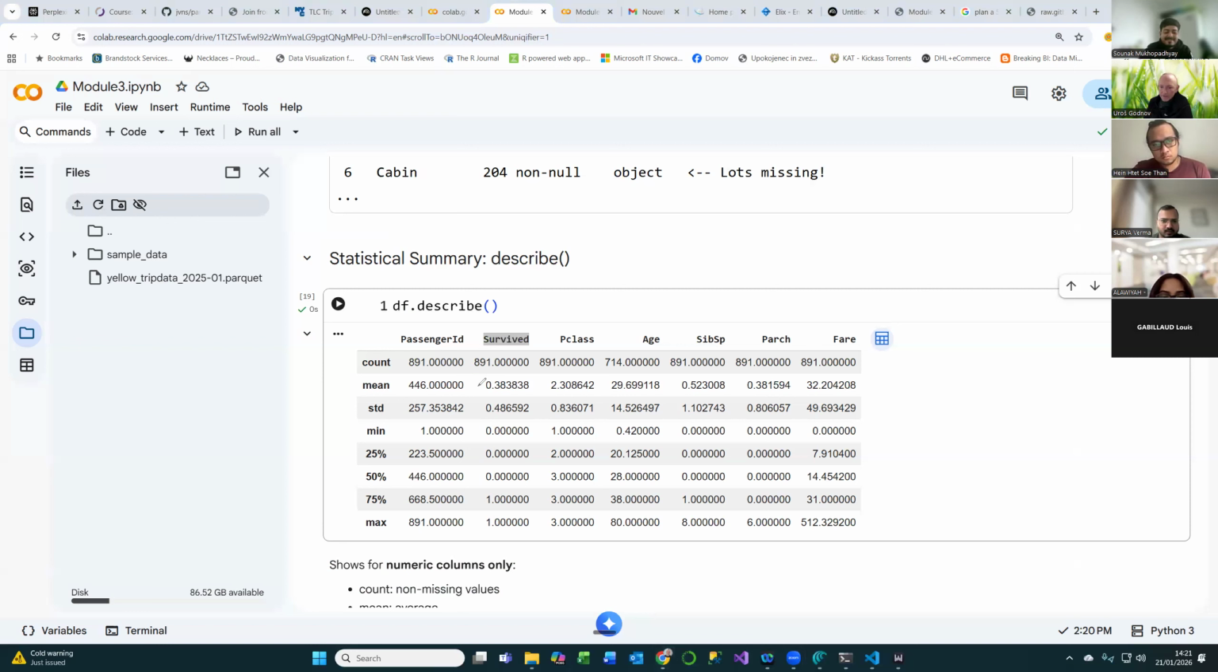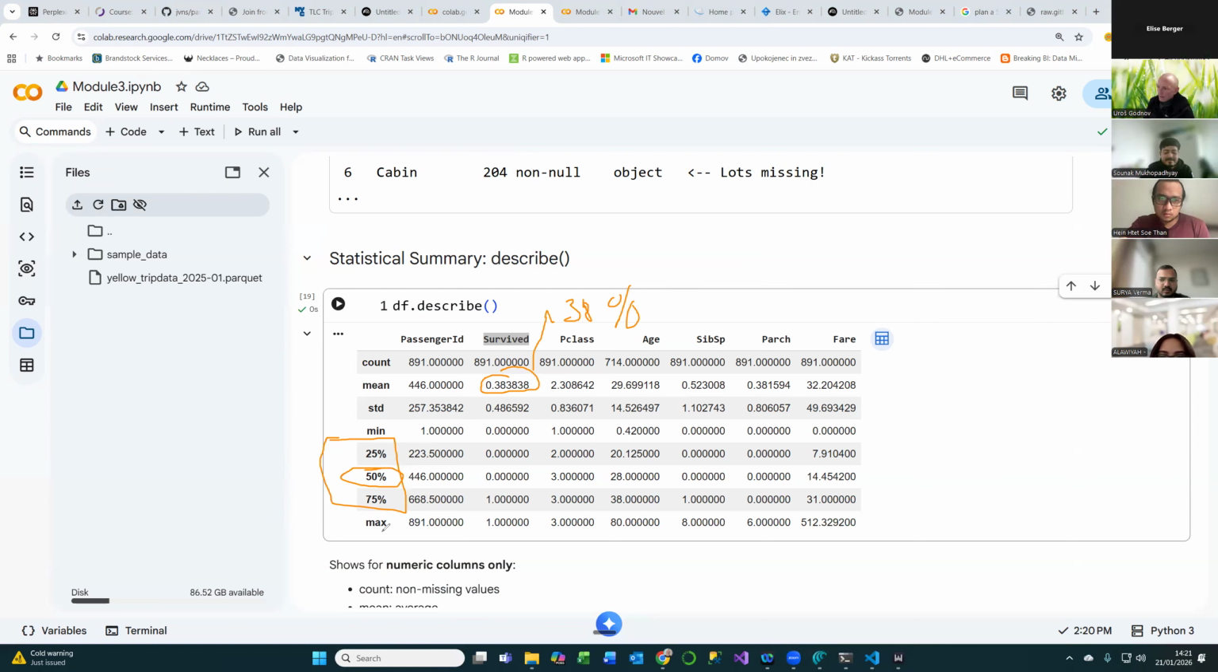So in our case, 38% survival rate. Okay? What is this one? Or this? These are different quarters divided. Yeah. Okay, so this is called